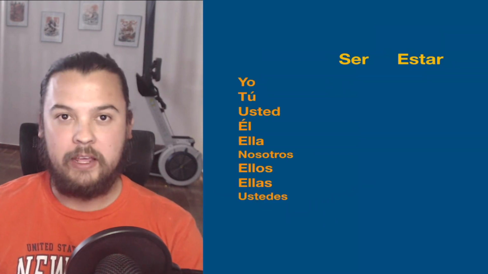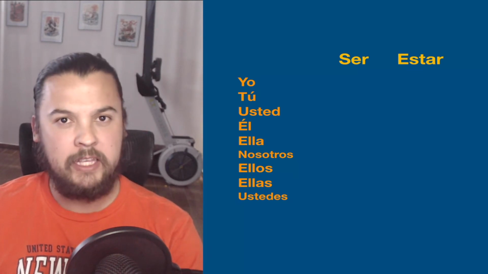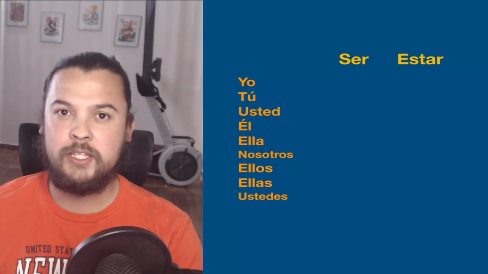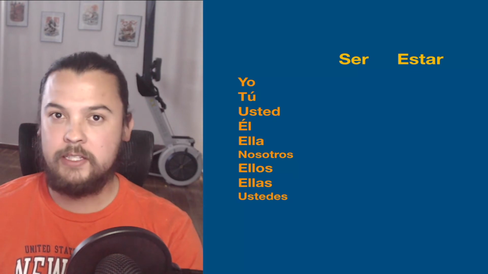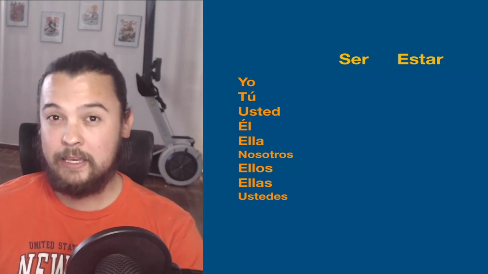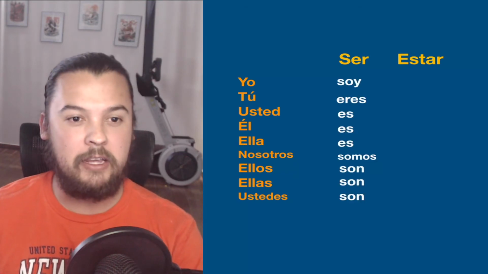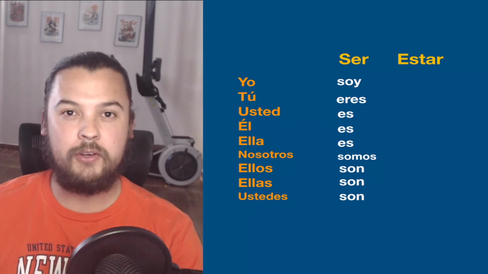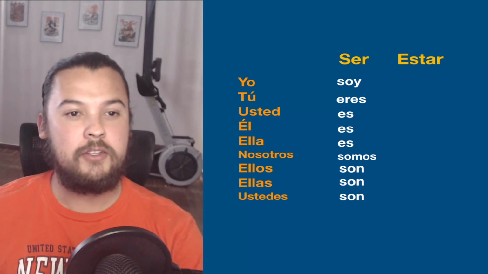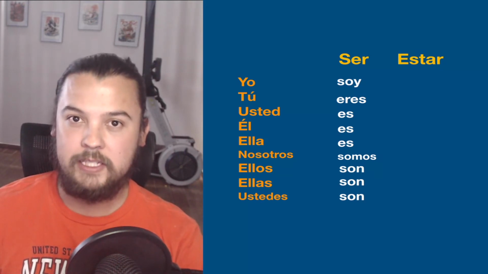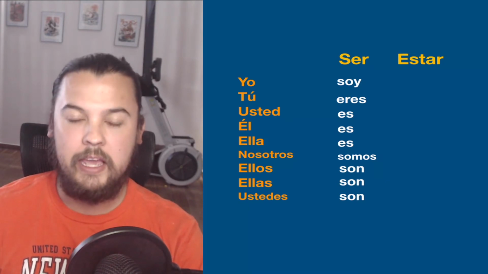Now, when it comes to ser and estar in the conjugation in present tense, we already have seen these ones in a previous video where we saw the total irregular verbs. They are total irregular verbs because there is no shortcut nor a hacking mnemonic in order to learn these ones. I said that ser is the one that is slightly more difficult because all its conjugations for the different pronouns are actually different. So it's going to be yo soy, tú eres, él, ella, usted es, nosotros somos, ellos, ellas,